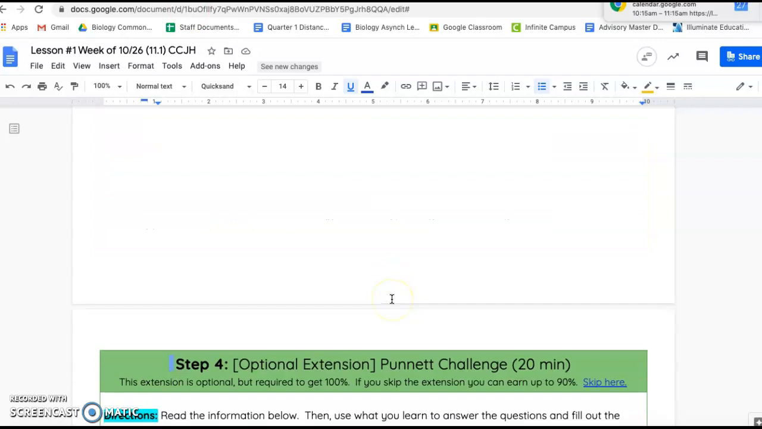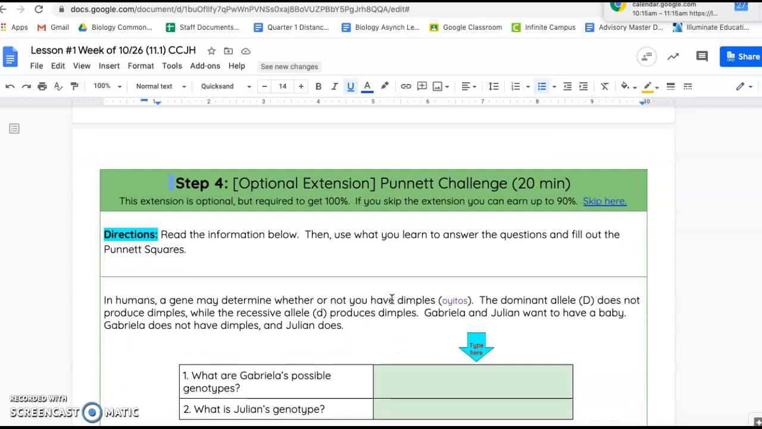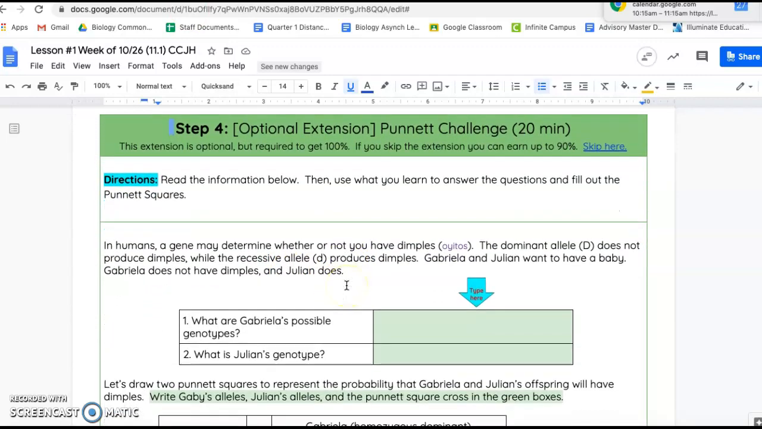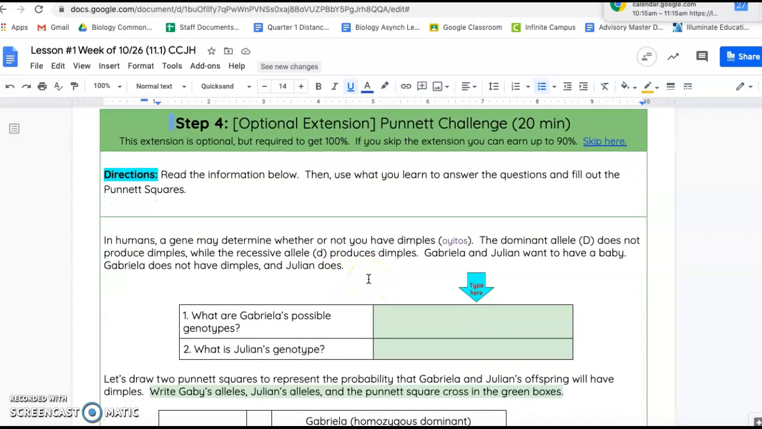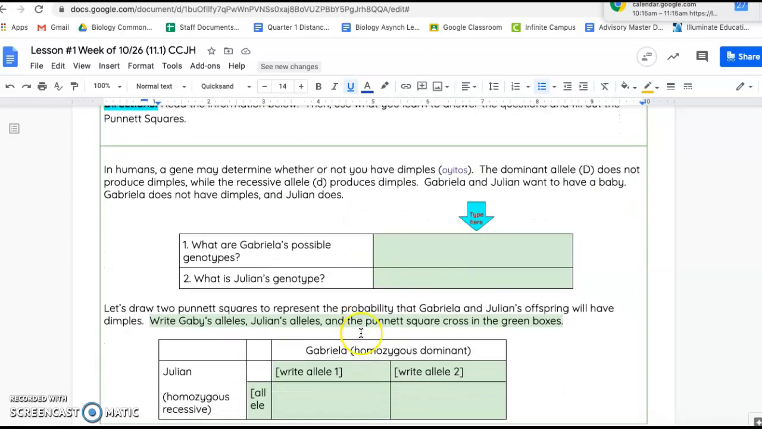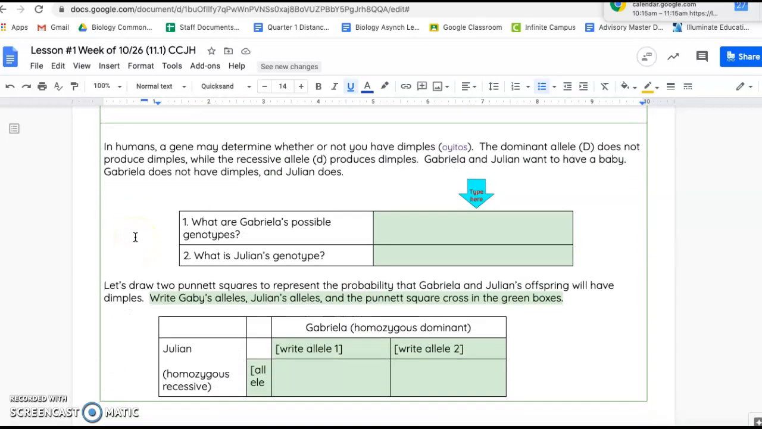If you would like to complete the extension, this is optional but not required. Make sure that you know that in order to get 100% on this assignment, you do have to complete this extension. Here you have some word problems regarding dimples and